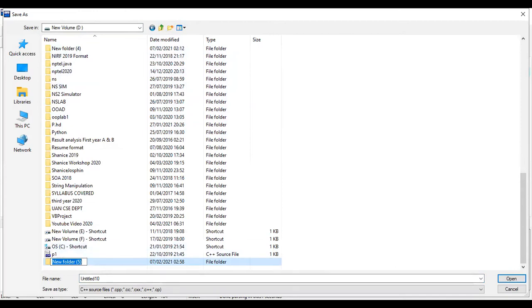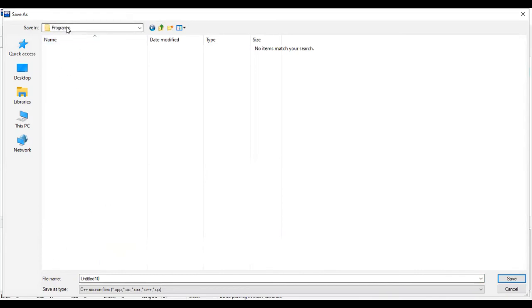I'm going to create a new folder, say for example, program in C language. That is the folder name I have given here. You can give any name as a folder name. Now double click on this particular folder.